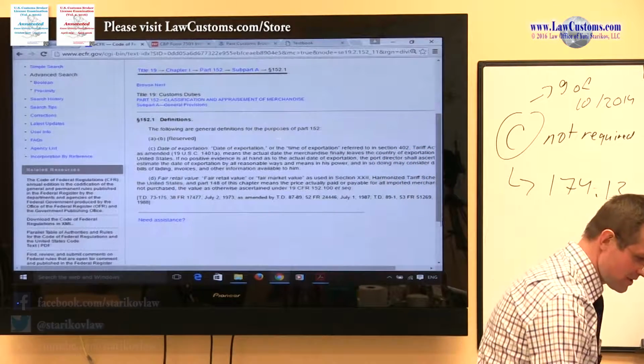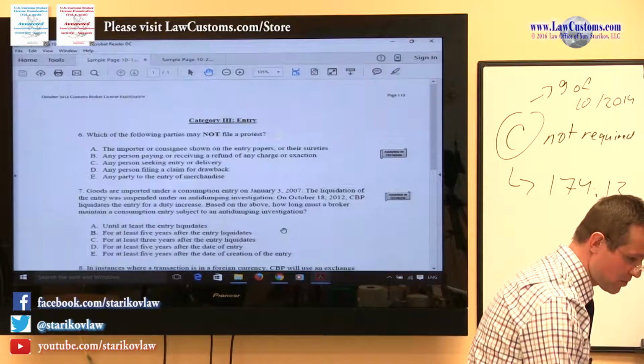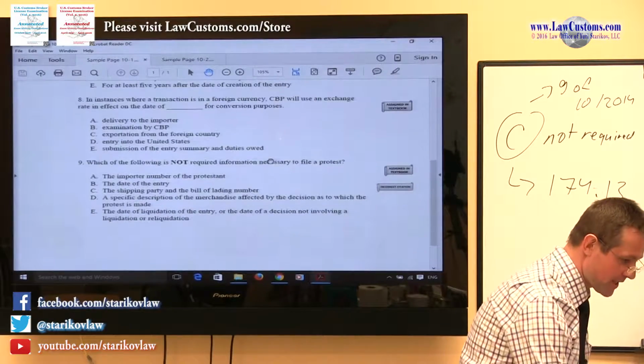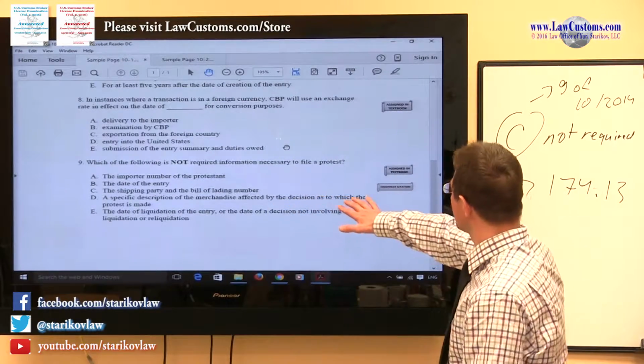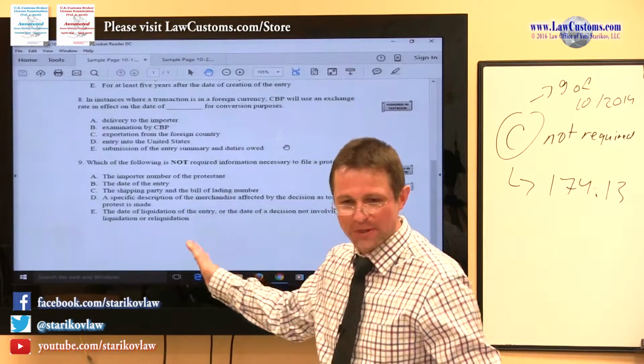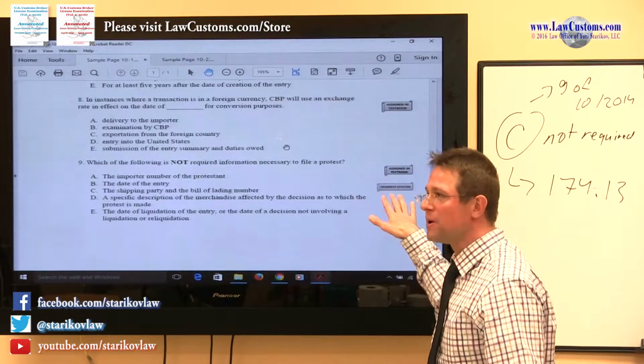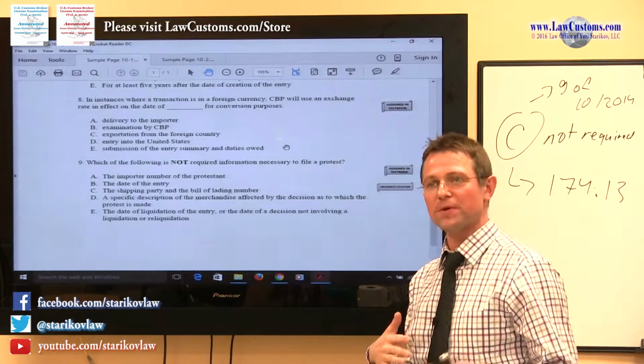The question dealing with the protest and with the information that needs to be submitted as a part of the protest, and looking at the incorrect regulation is not helpful. And if you're just learning how to go about this, the incorrect citation label may kind of put you on alert that, look,